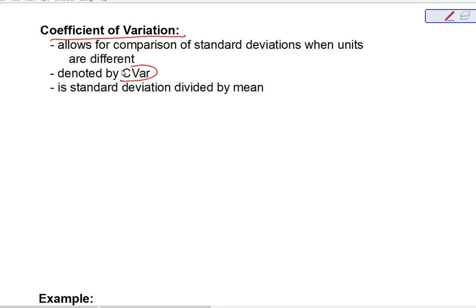We denote this with CVAR, and it is the standard deviation divided by the mean. So for a population, the CVAR is going to be the standard deviation divided by the mean times 100. We always multiply it by 100 because that way it's in whole numbers. Change it into basically a percentage. Okay? For a sample,